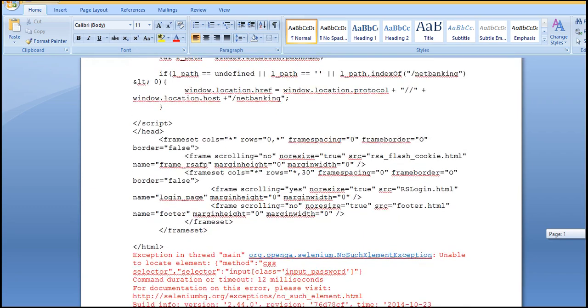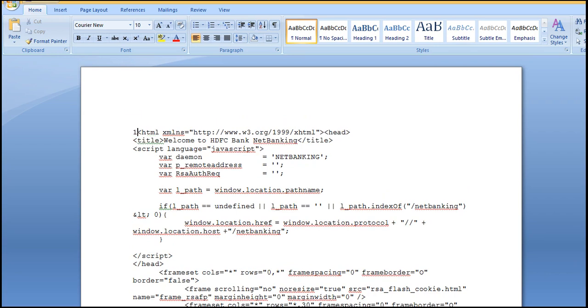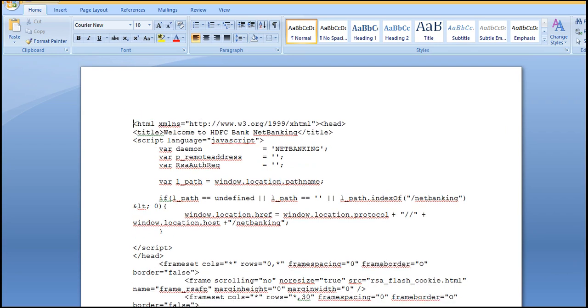So if you look at here, one tip I'll give you. The first one is, if the application is built on frames, the developer will have to write the code in either of two tags.